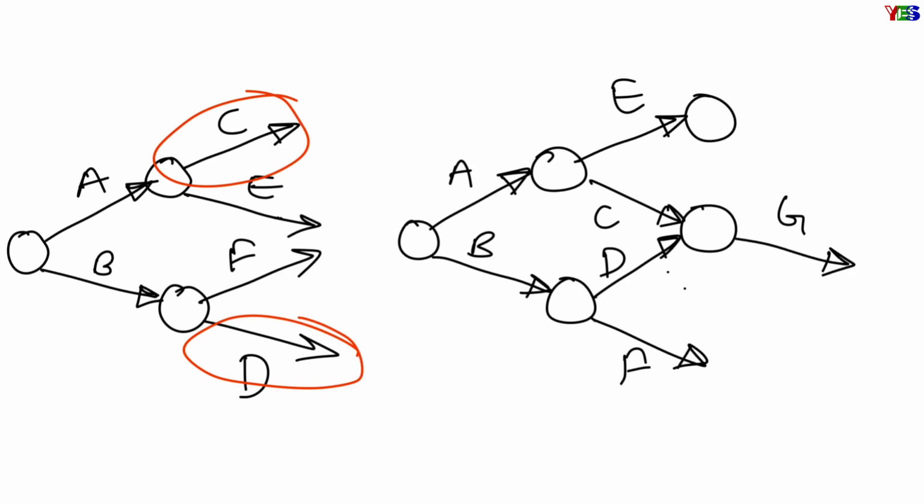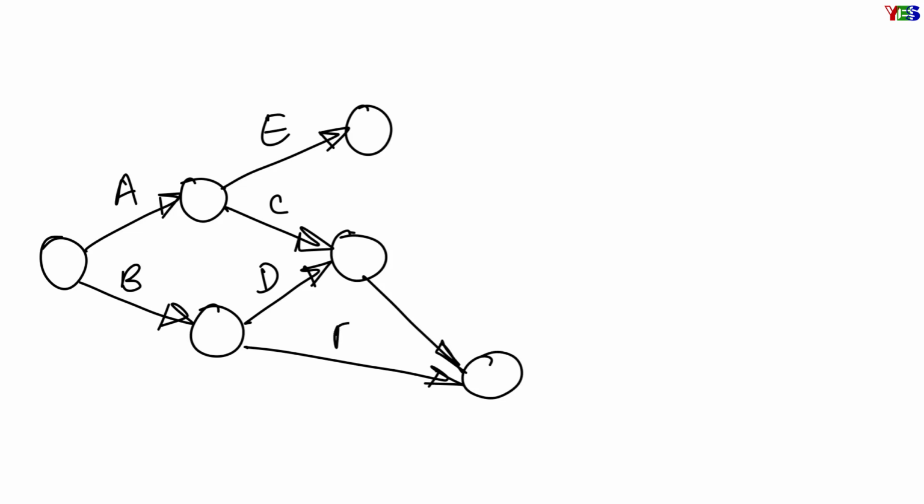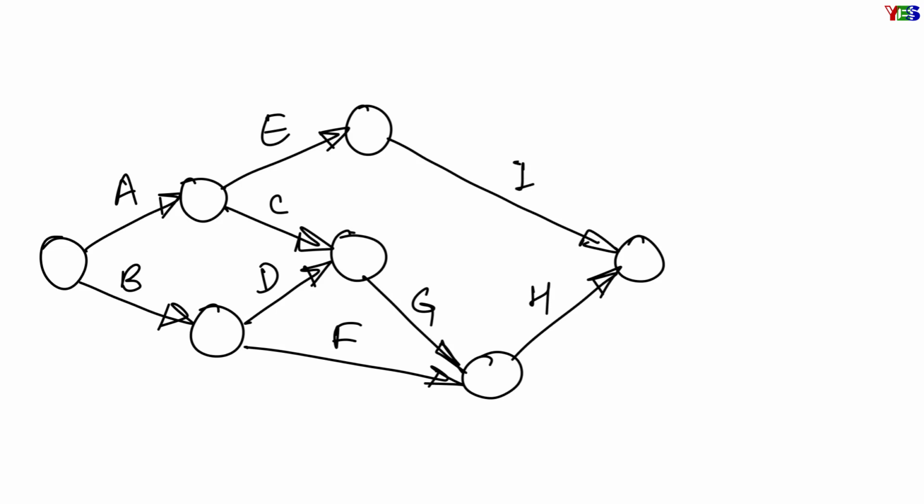Now activity H will start after G and F simultaneously. Hence we have to draw arrows for activities F and G in such a way that they share the same head event. Now draw activity H after this, and similarly we can draw the rest of the activities: activity I after activity E, activity J after activities I and H simultaneously, and the last activity, activity K, after activity J. So by this we have completed drawing the network diagram.